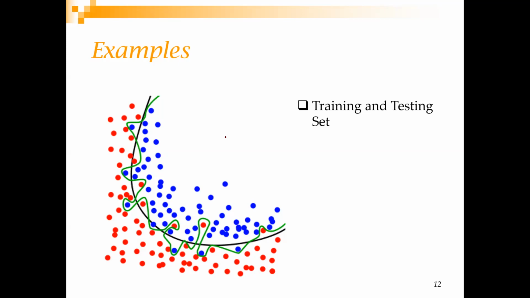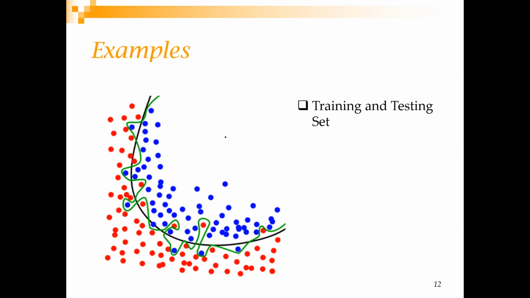So you keep something for yourself, which is called a withhold, or also called a holdout set, or also called a testing set. You keep that with yourself. The model learns from the training set, and then you give the testing set to it and see how it is performing on the testing set. Even if it is 100% correct on the training set, you are not happy. You want it to demonstrate its understanding correctly on the testing set. Are you getting me? Okay.